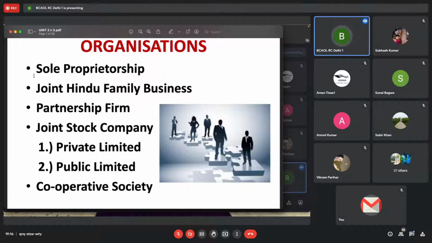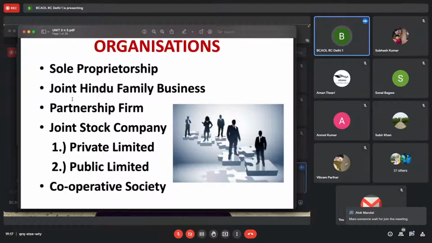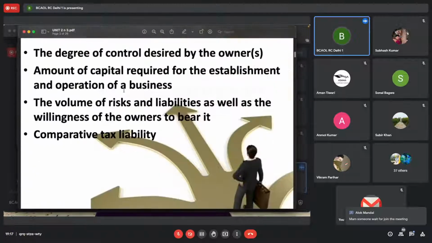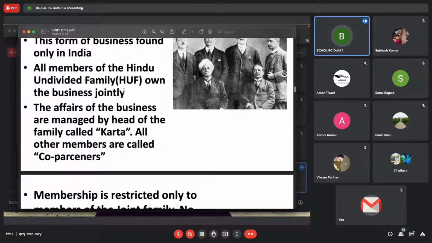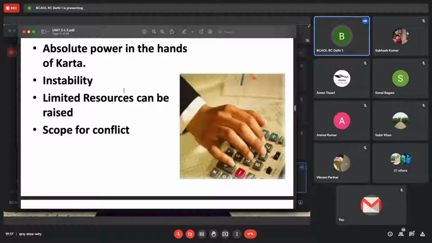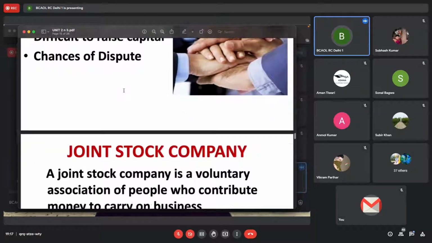Compared to all these forms of business, it would require a lot of investment, a lot of expertise, and a lot of formalities. Up till partnership firm, not many formalities were required, very basic requirements, and you could just go about it. But when we talk about company, things get a little bit technical, a little bit more serious,